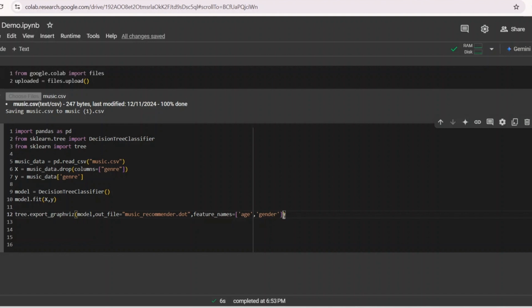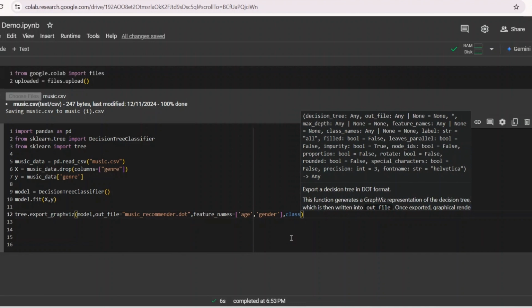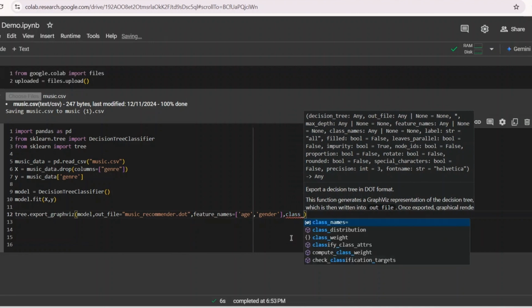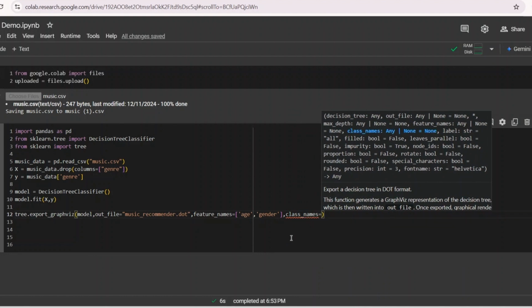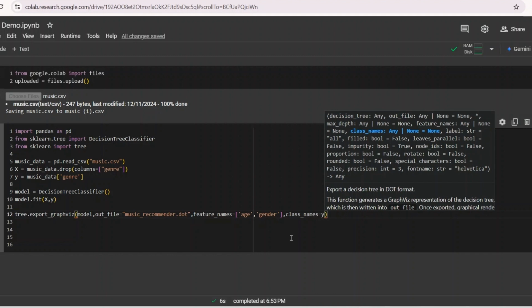Now the next parameter is class_names. We should set it to the list of classes or the labels we have for our output data set, like hip hop, jazz, classical and so on. So what we are going to write here is y. What is this y? It includes all the classes of our genre.